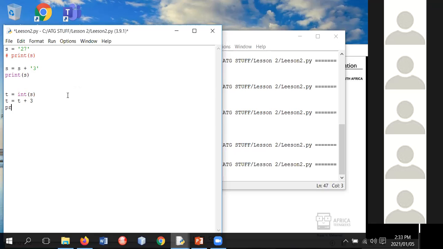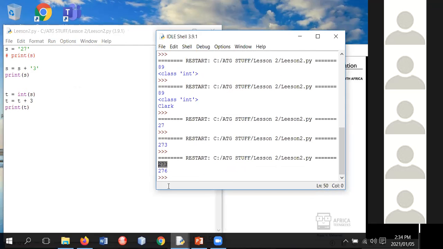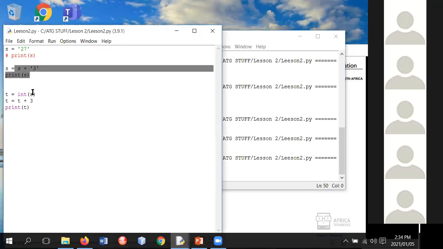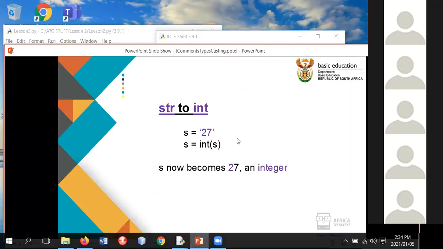So let's come here and say print T, and let's see what happens. Look at it. At that point, it was the string 273. We converted to an integer, it became the number 273, and 273 plus 3 is 276, which is what we have here, which brings us back here. So remember,